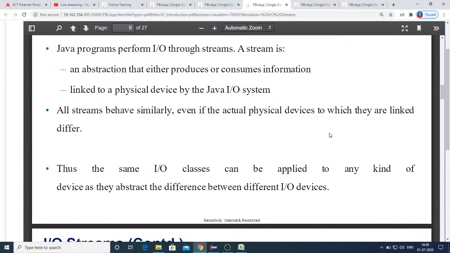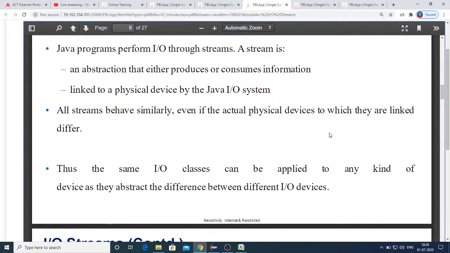So a stream is not like a pipe having two-way communication or two ends open. You can have only a read end or a write end. If the stream is created for input, it will only perform reading. If the stream is created for output, you can perform only writing. Just remember this point.